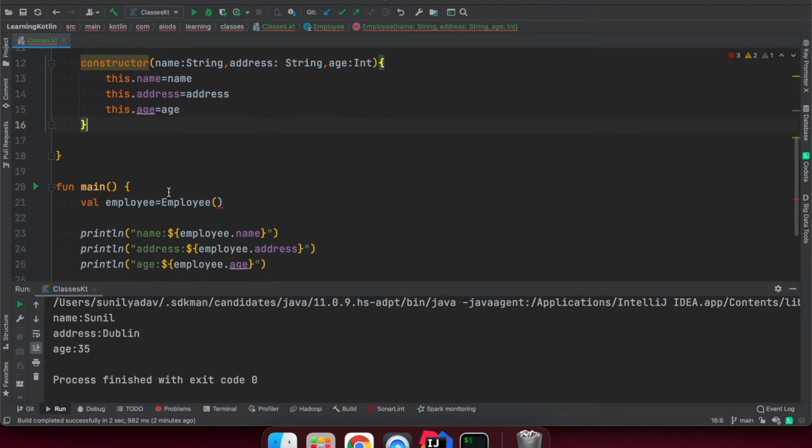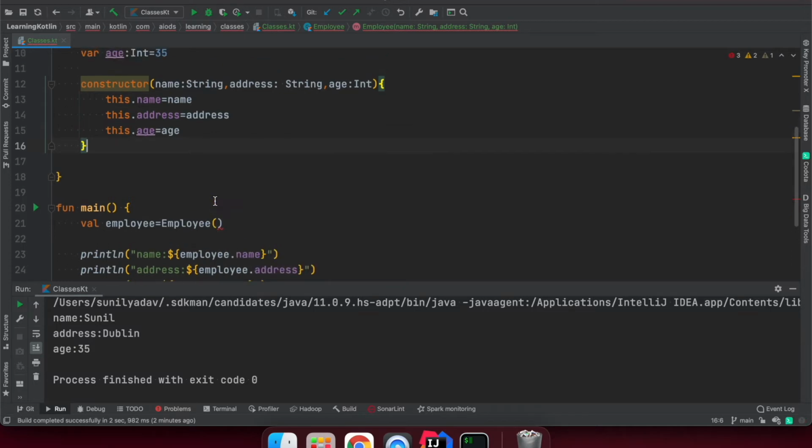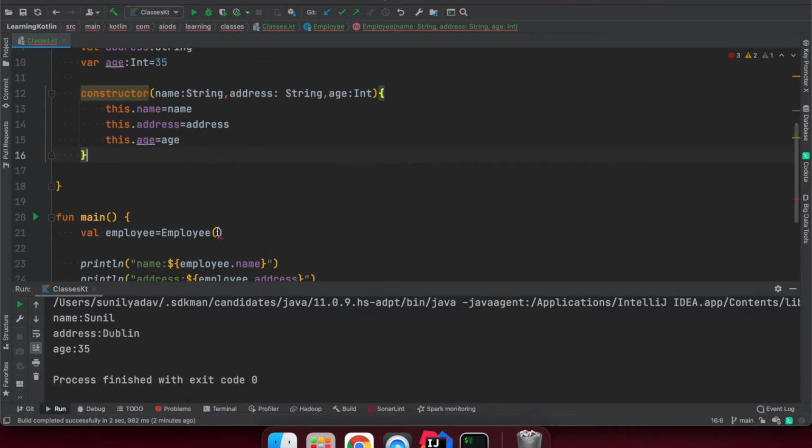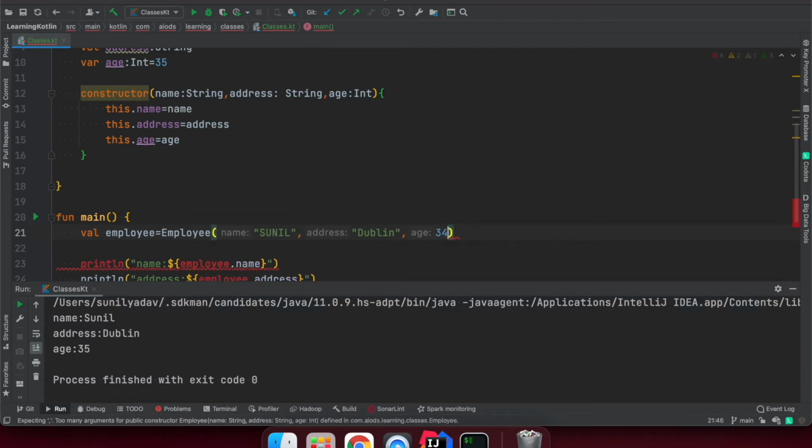Now let's try to run it, right? We are getting an error here. It says we need to pass the constructor values. So how can we pass it? We can say name Sunil, right, address Dublin, okay, and age we can say something else, 34. I'm getting an error because I'm trying to put a string, but this is the integer type.